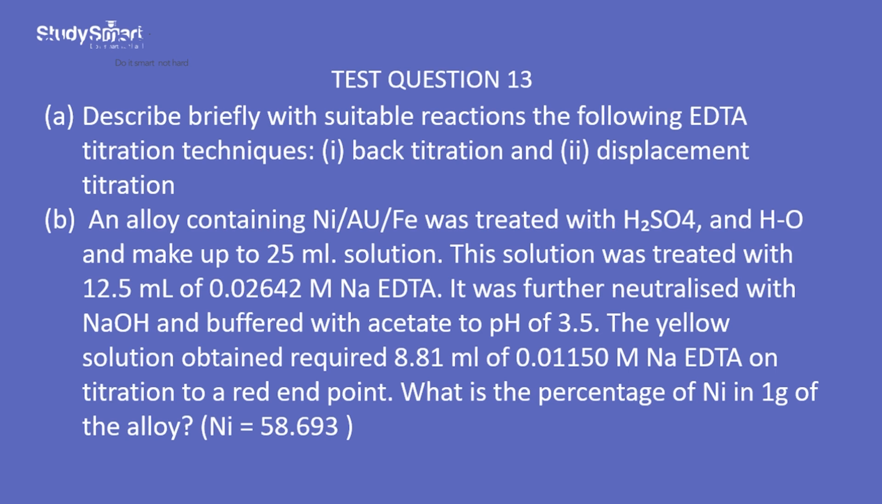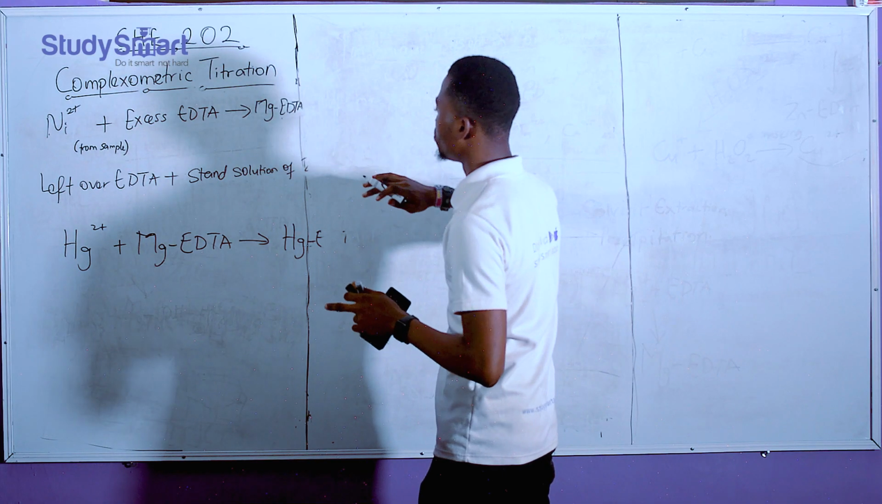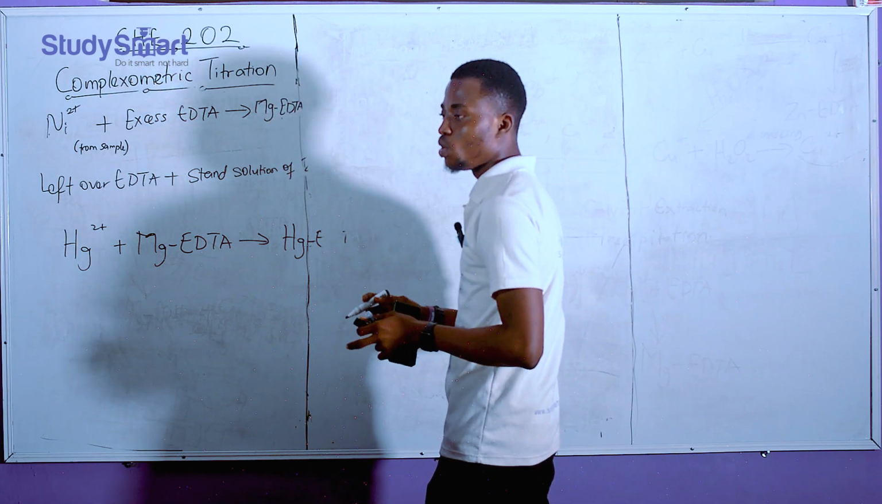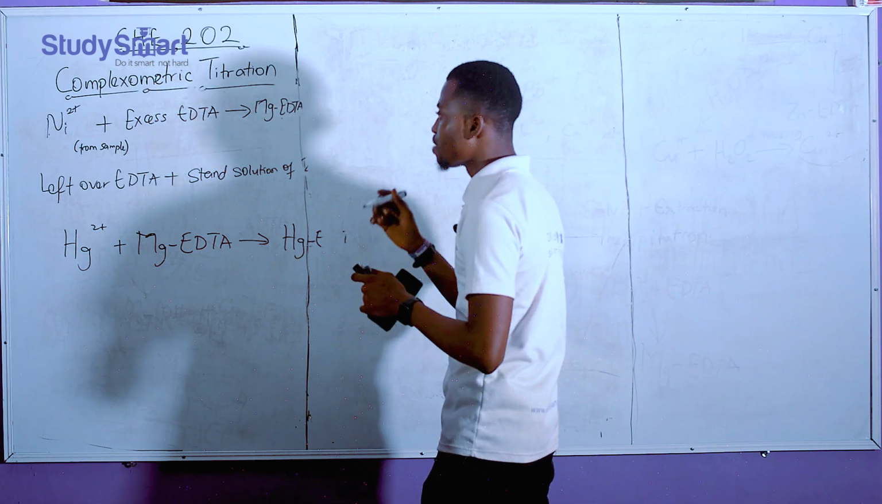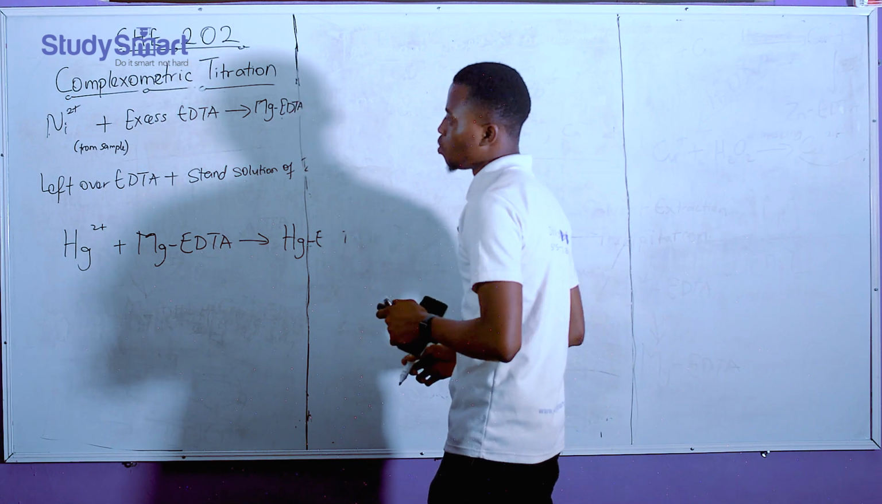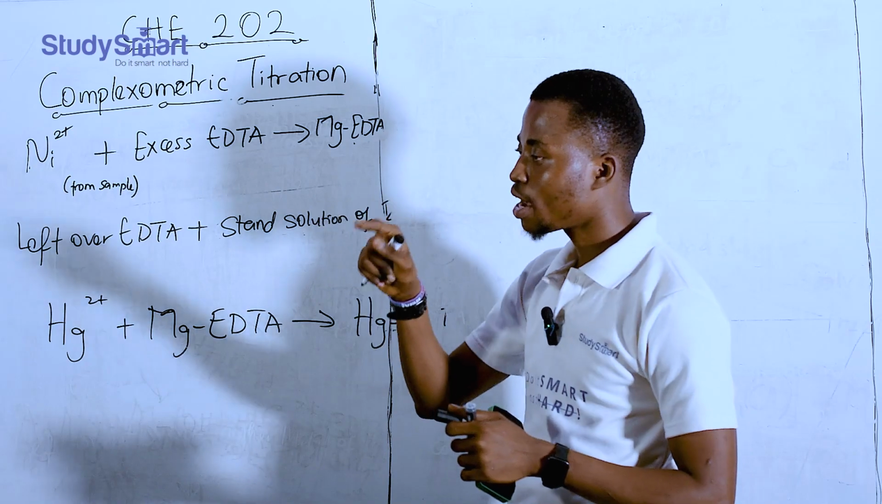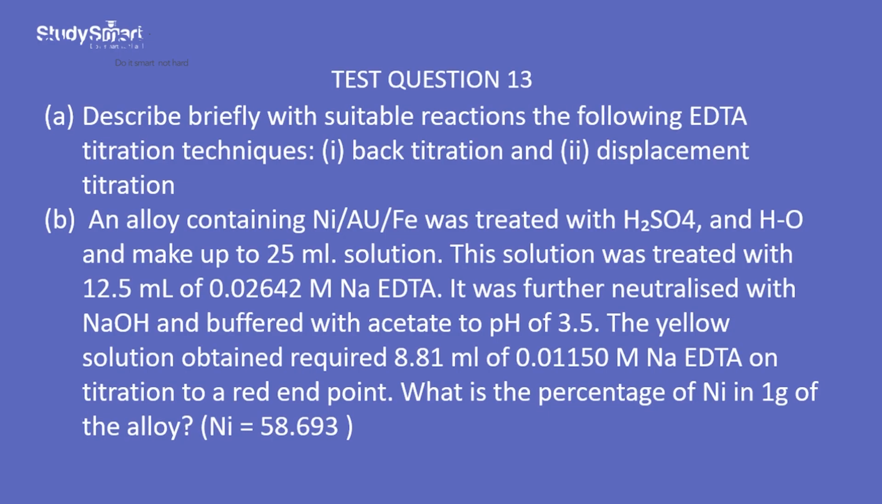All right, so now we have an alloy. An alloy is a mixture of various elements. That alloy contained a lot of things. Now we wanted to titrate it. We cannot titrate it directly with EDTA, so we add an excess of EDTA. So that 12.5 ml of